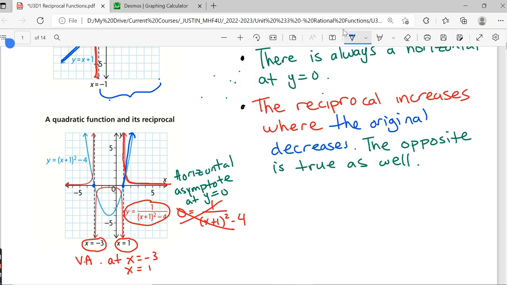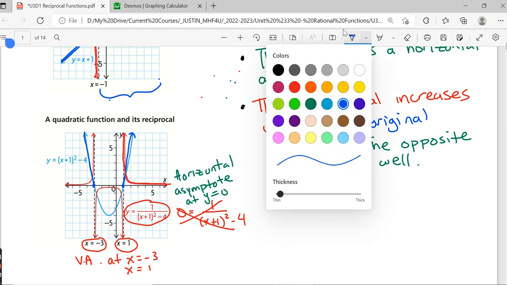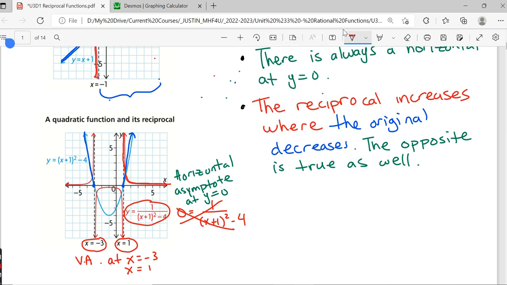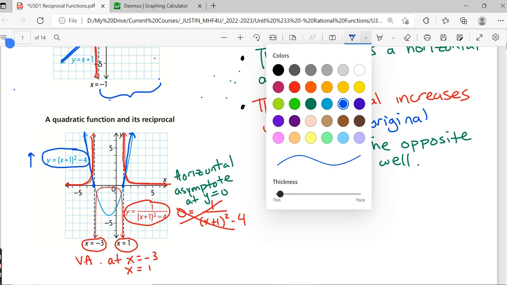Again, I'm just going to check one more section here. You can see this section of the graph is decreasing. Well, let's look at the red. Is the red increasing? It sure is. Now, again, think of this logically. Does this make sense? Well, this is the original, right? Well, if the original is increasing, and then our reciprocal is just